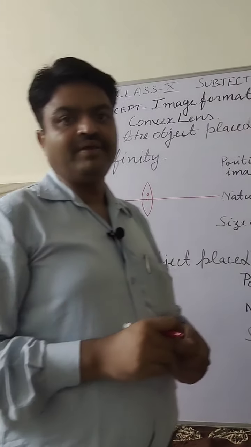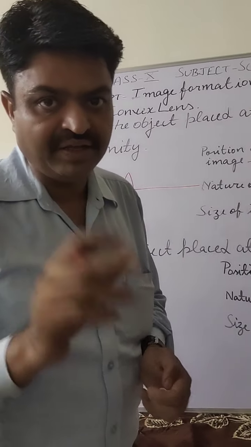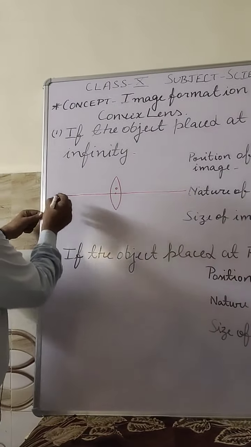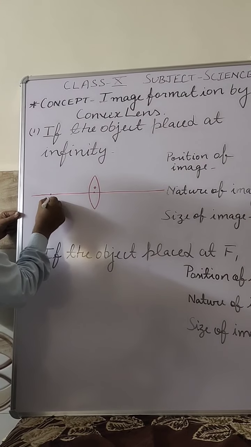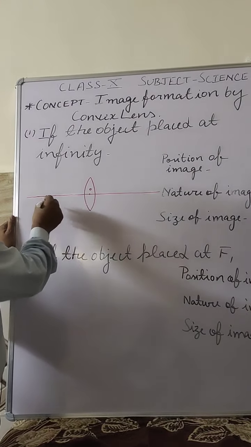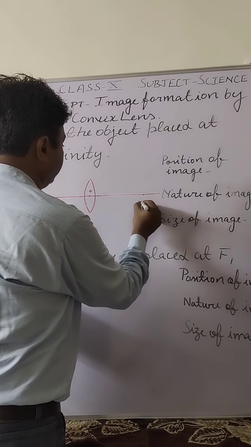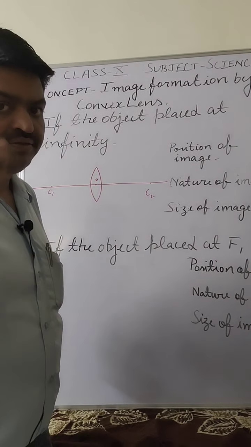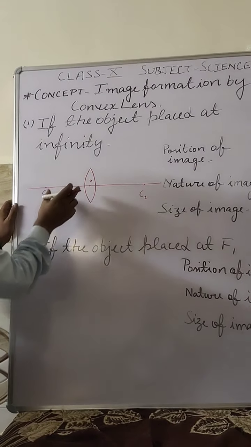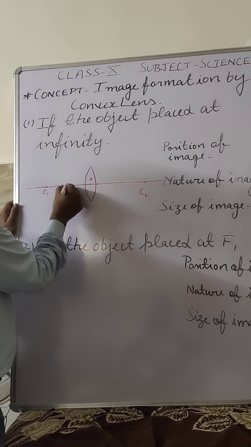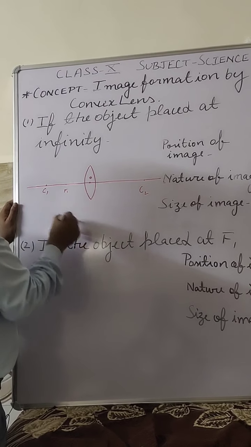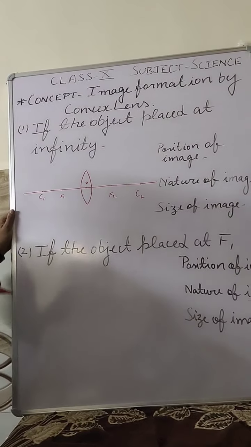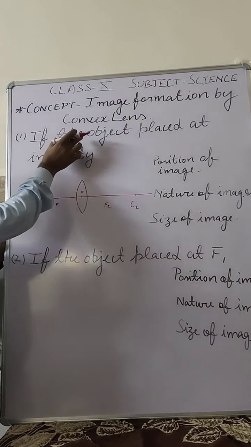As you know, in the convex lens two spherical glasses are involved, student. So for the first spherical glass, the center of curvature we will write here, it is C1. For the second spherical glass, the center of curvature we will draw here, it is C2. Now in between, there is one midpoint, the middle of O and C1, and we call it F1. Here we can also draw F2. Now you can draw the ray diagram according to this.